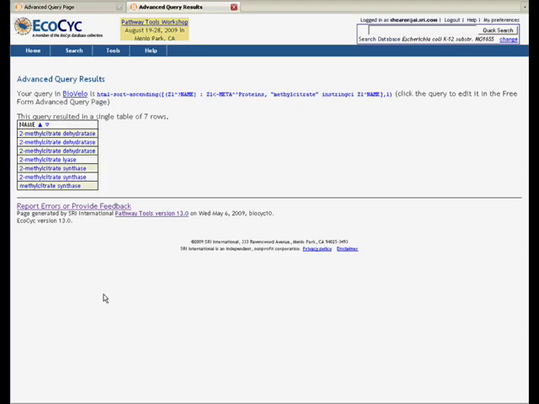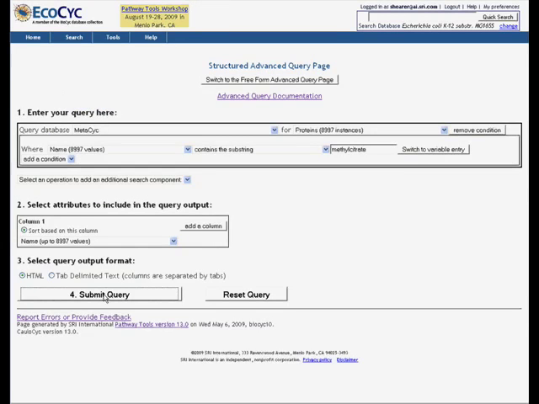3 synthases, 3 dehydratases, 1 lyase. Good to know. But what if we were curious about how many of those are from EcoCyc and we don't really feel like clicking through on each one and seeing if it's present in E. coli? Well, we can do something about that. Going back to this same query page that we had before,